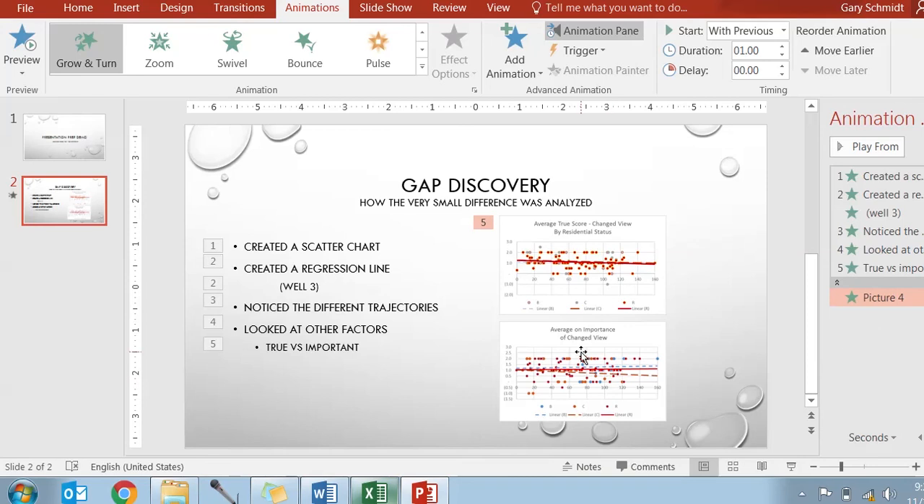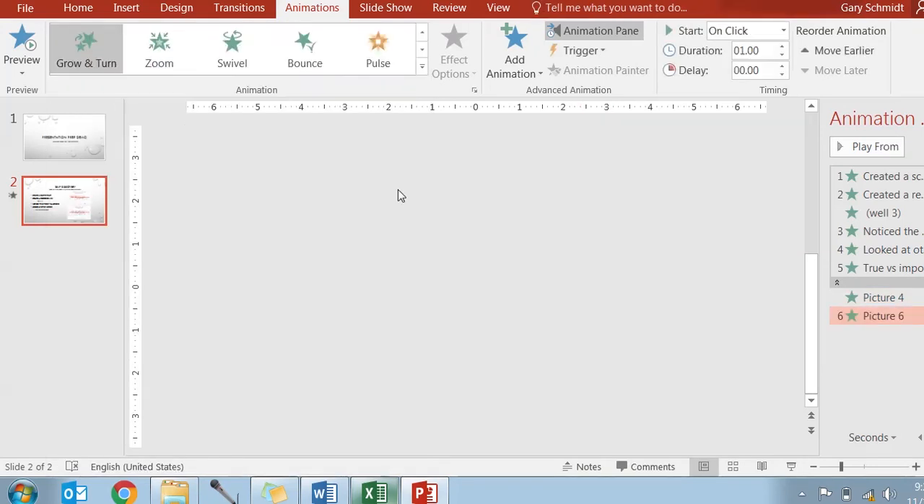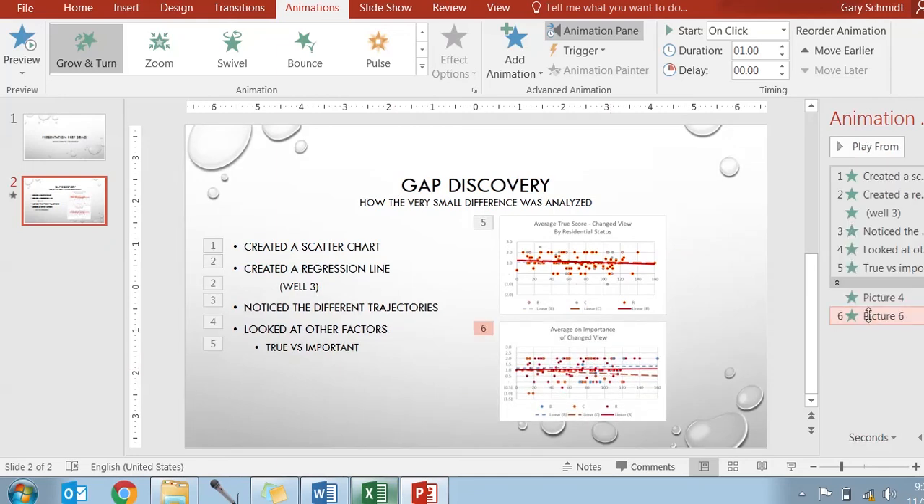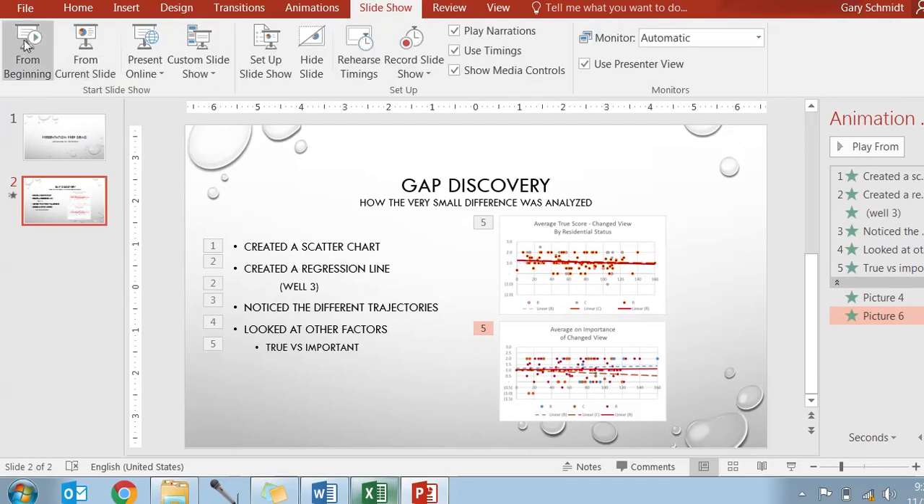Now for the other picture, we don't want it at the same time, but we do want it to come in. There it is coming in, and now we're going to actually modify it and say have that after the previous. So as soon as the other one's finished coming in, then we'll do that one. Now, how about if we get a chance to take a look at how that's going to be? So let's go ahead and run our slideshow